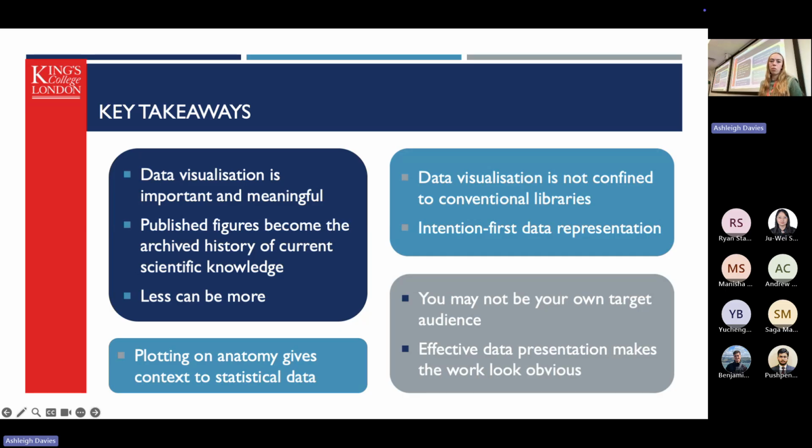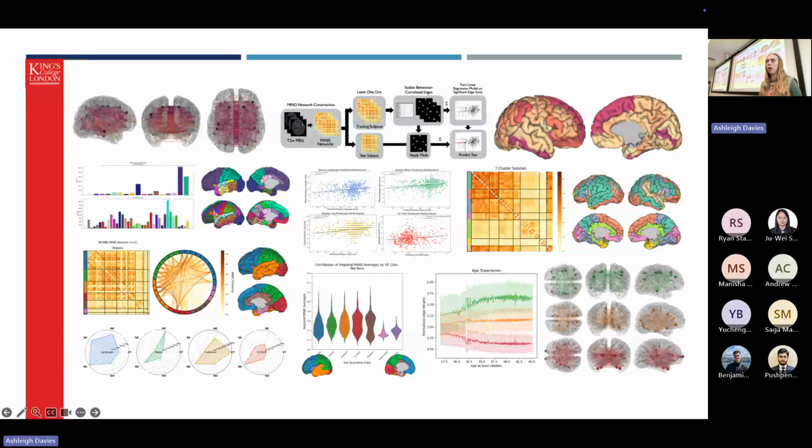So I'm going to leave you with this inspiration slide of some of the plots that I've made for my PhD upgrade, so you can see some examples of how colorful and visual data representation can really elevate the